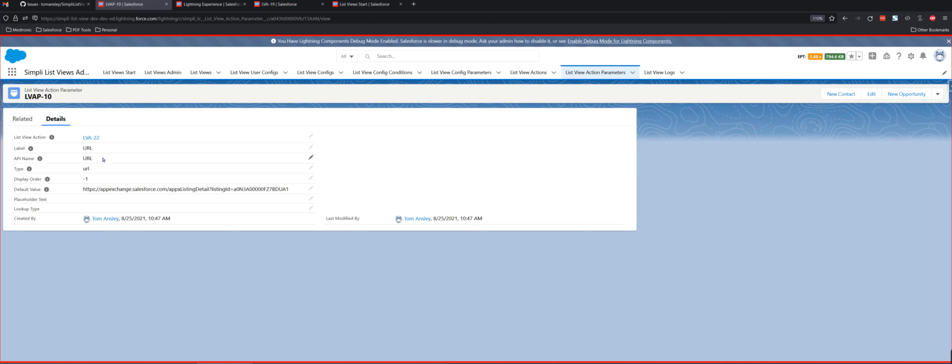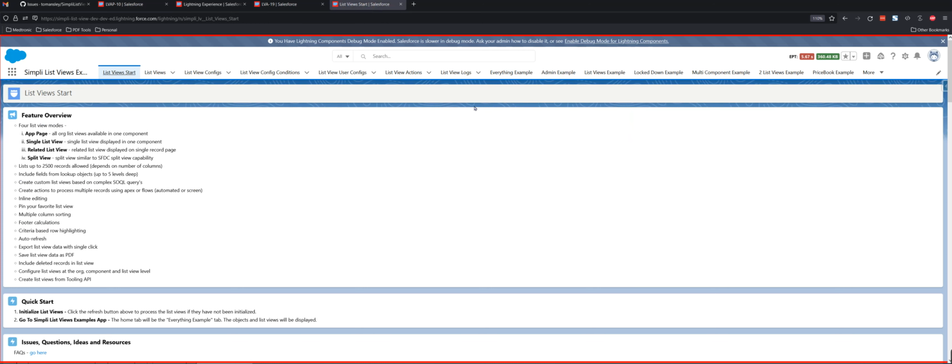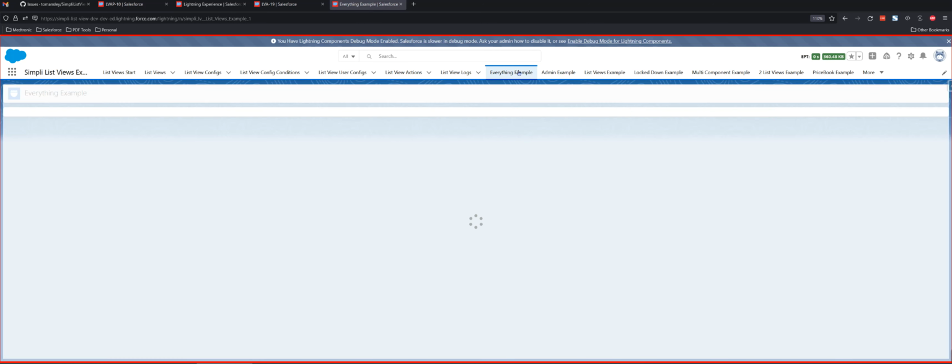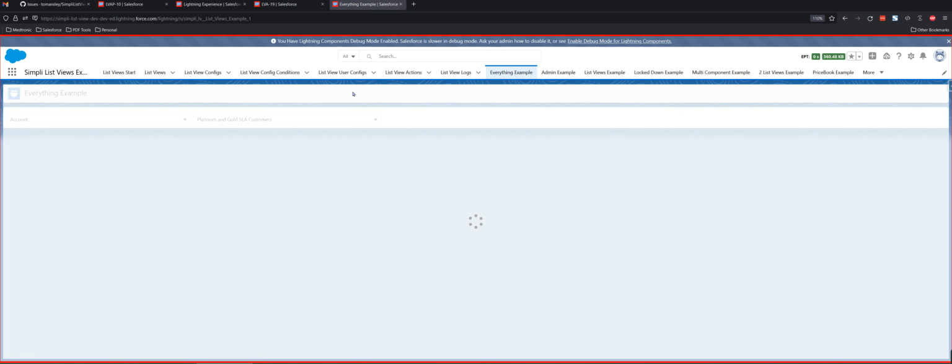And you can see here the label URL, API name URL, and then the default value is what actually holds the URL itself. Now in this particular case, it's not going to be dynamic or anything. This is just a straight URL. And so if we were to go to an example and we were to select any list view,